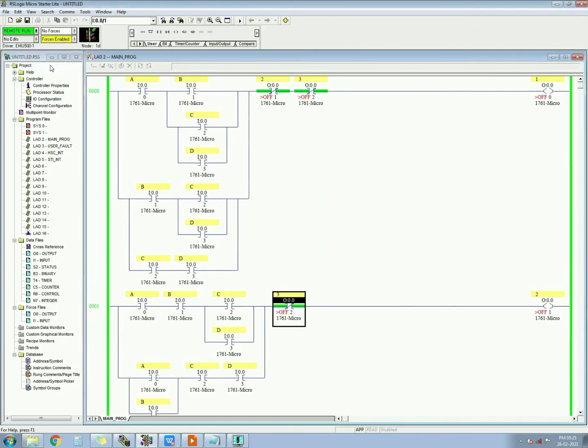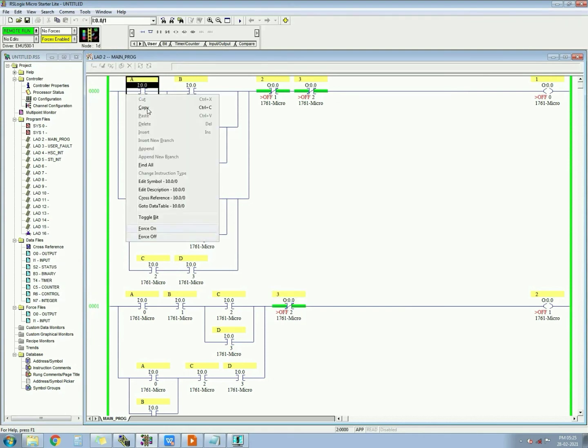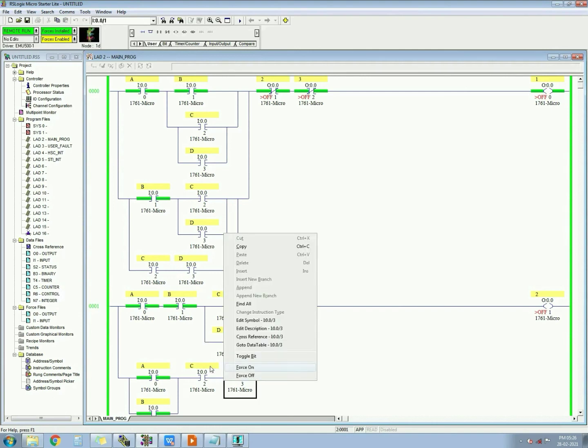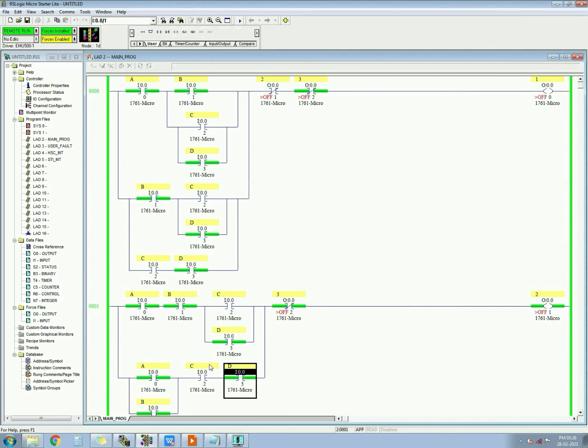Okay, let's check. When any one input gets on, no output gets on. When any two inputs get on, output A gets on. When any three inputs get on, let's say D and C, output A gets off and output B gets on.